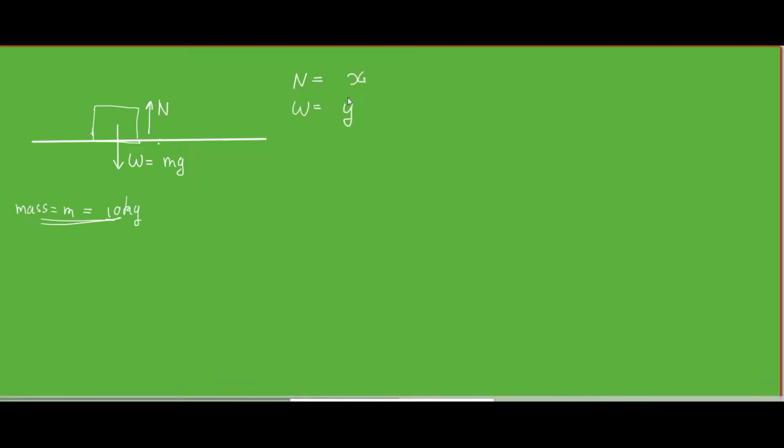Now what can you tell the relationship between x and y is? Is x greater than y or is y greater than x? It will be equal. And why is that equal? The box is stationary. Okay, so Newton's second law basically says that the force and acceleration are proportional to each other. So the rate at which an object accelerates is proportional to force. Is this object accelerating? No. So the net force will be equal to 0 newtons.